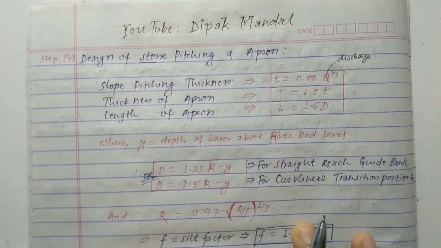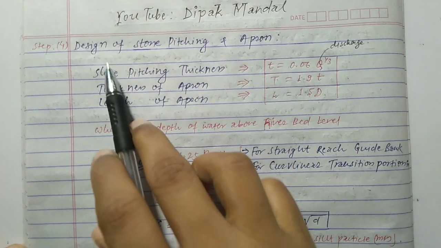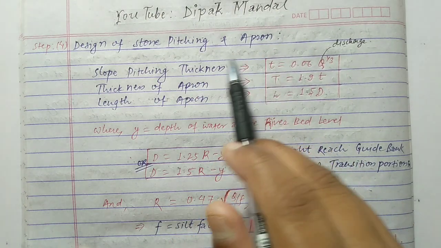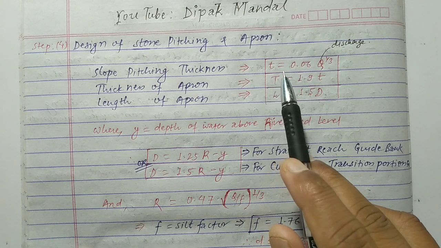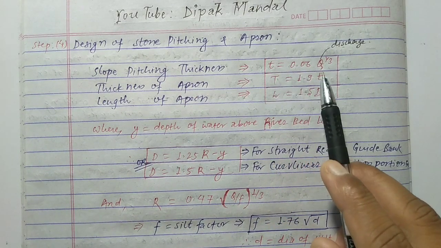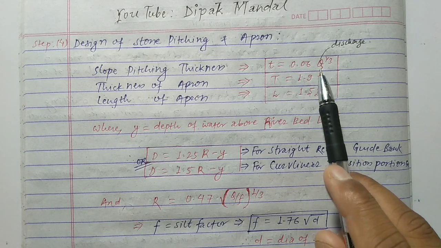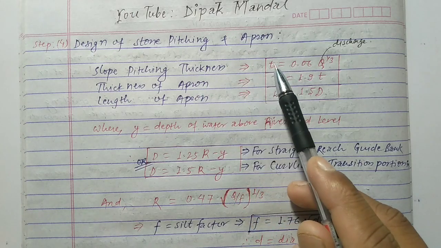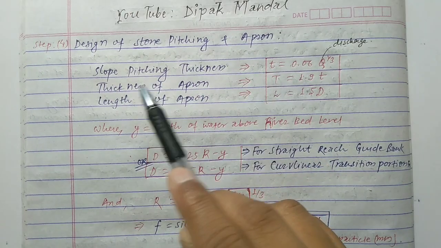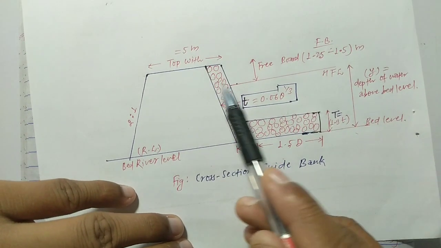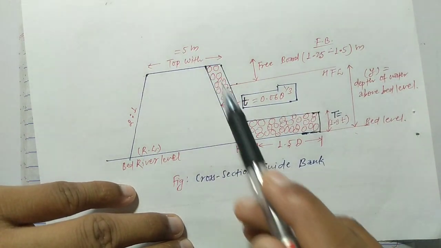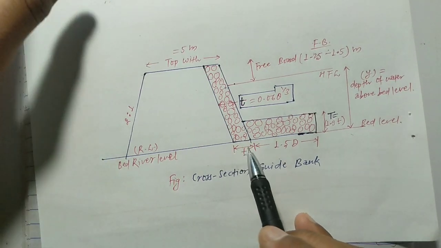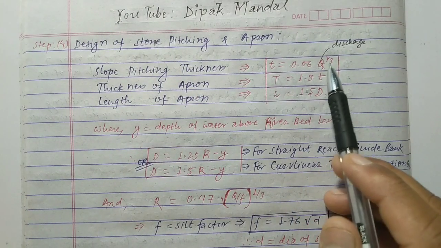Now in the fourth step, we have to design the stone pitching and apron. For this, for the slope pitching thickness, we use t equal to 0.06 into Q to the power 1/3, and this value is simply denoted by a small t. You can see here the slope pitching thickness. Slope pitching thickness means this is the slope, and the thickness of this slope pitching, this distance, is taken as small t, and small t equal to 0.06 Q to the power 1/3, and Q